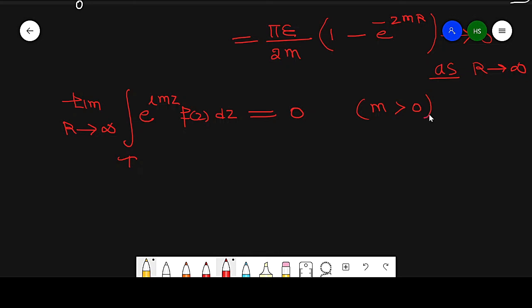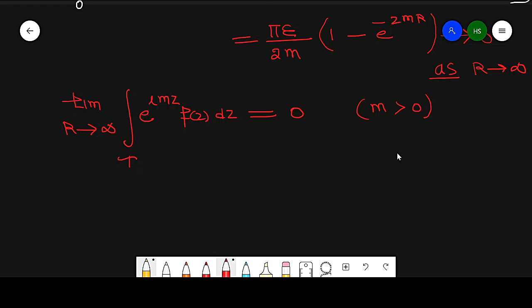So this is the Jordan inequality. This inequality is very important. It will be asked in the examination: state and prove the Jordan inequality, Jordan lemma. Now this result is applicable in many questions to find the integration around a semicircle or upper half circle.